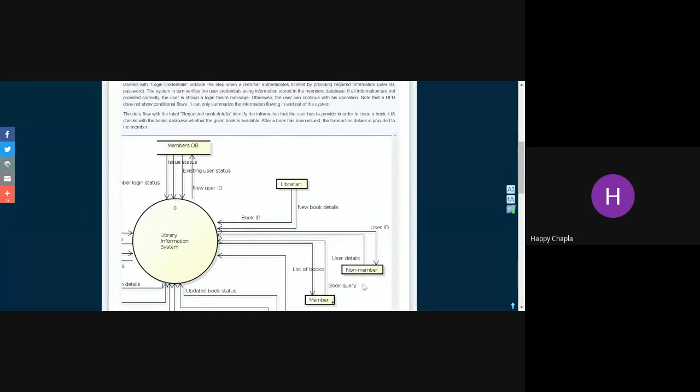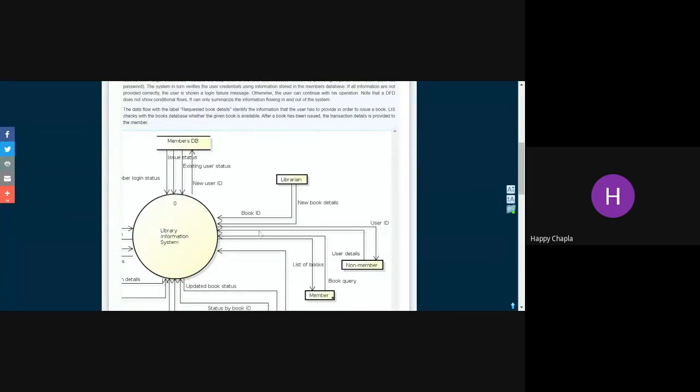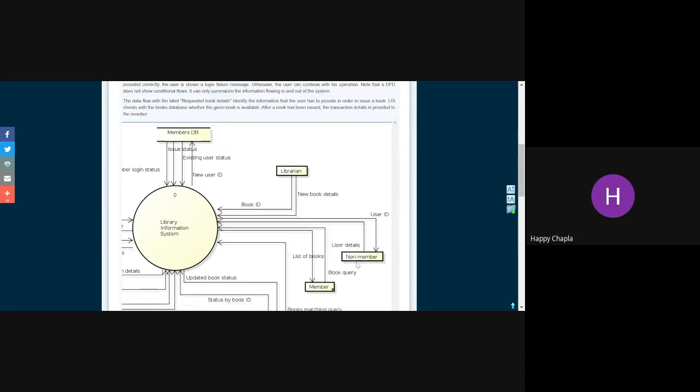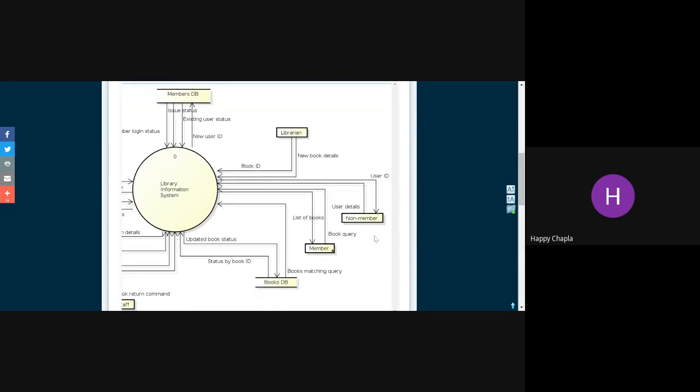Okay, if you are a non-member of the library, then what will happen? It will provide you the user ID. The library management system will provide you the user ID. It will also provide the user details to you. Okay, how to do this and what are the things you need to make the entries. Now if you are going to be a member of this library, then you can search for the books,